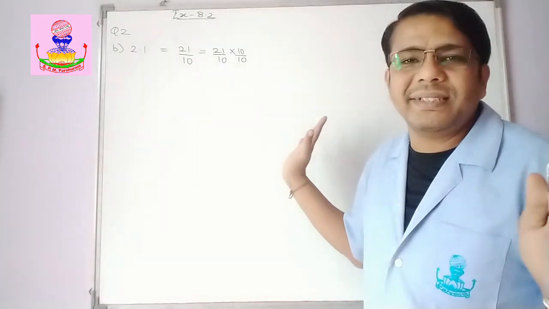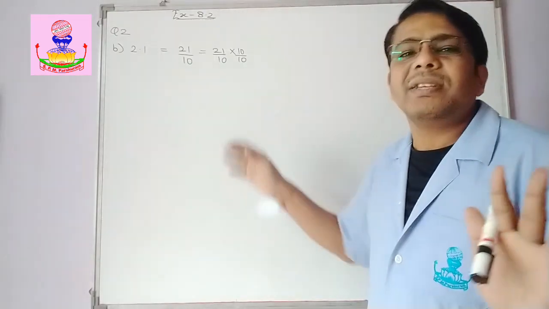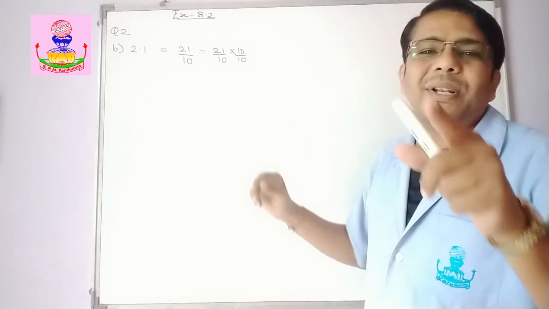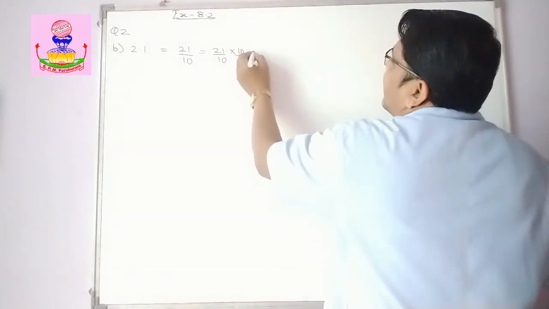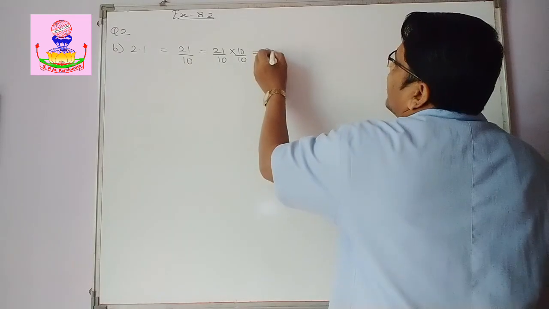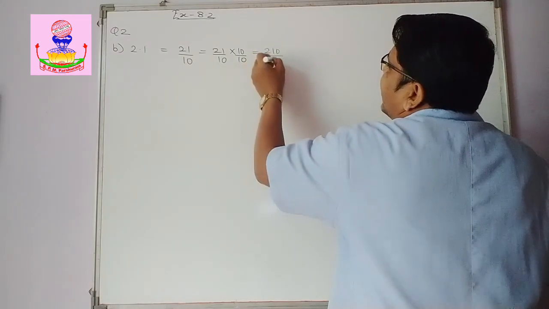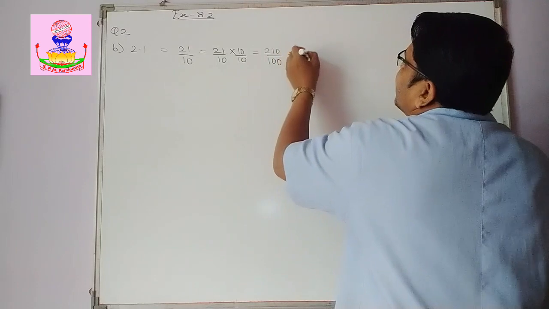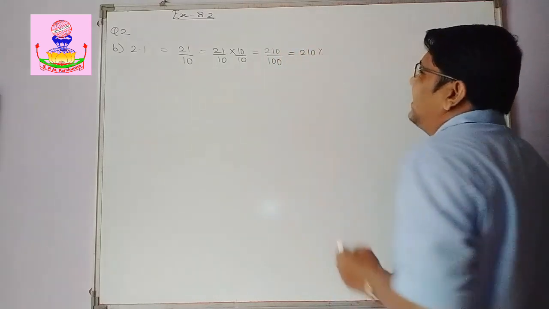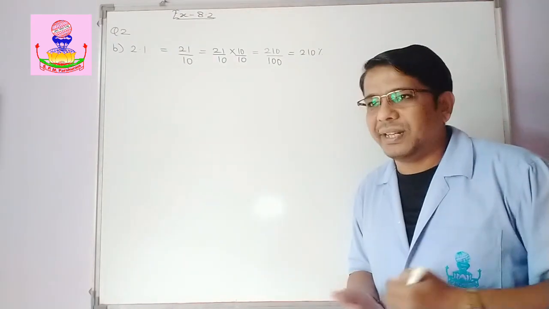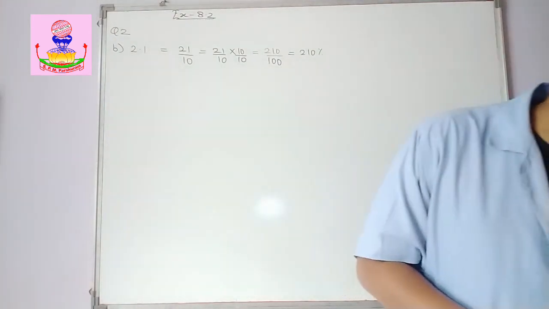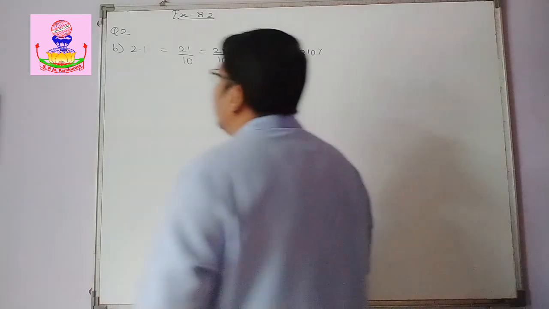I hope you have understood. Okay. Or you can use a simple method, multiply and divide by 100. You will get the same answer. Here what I have done, I am trying to get the equivalent fraction. Okay. Now, so 21 tens are how much? 210. 10 tens are 100. So how much does it become? 210%. Do you get it? Okay.